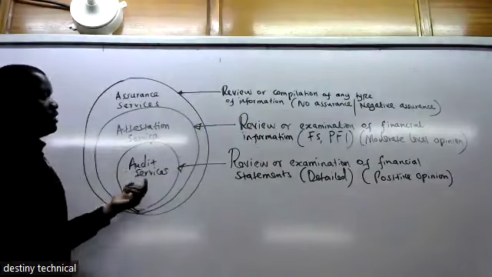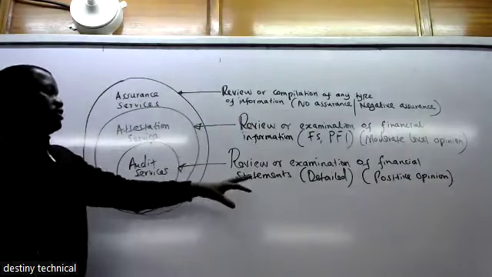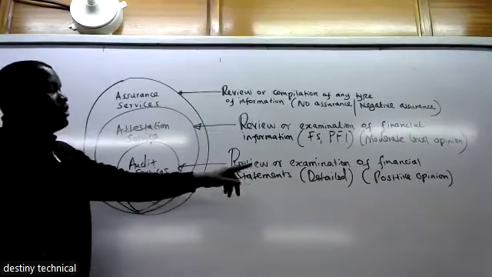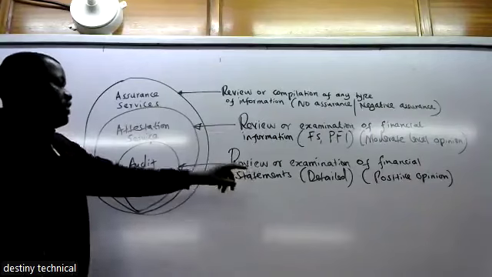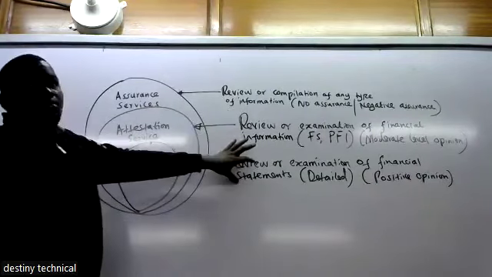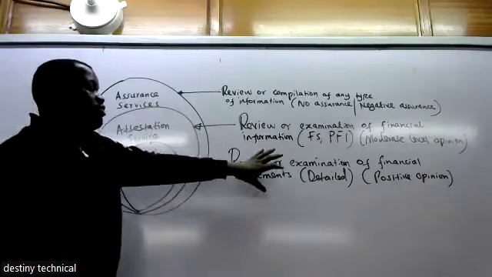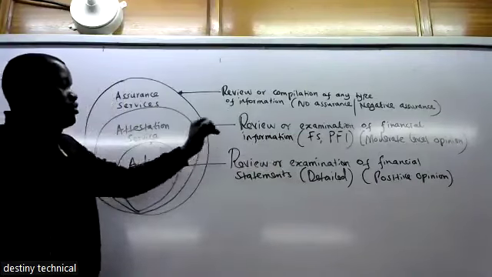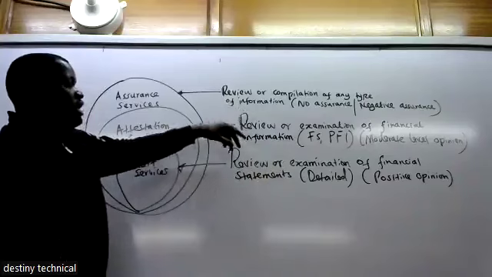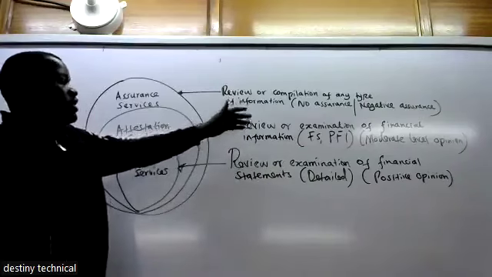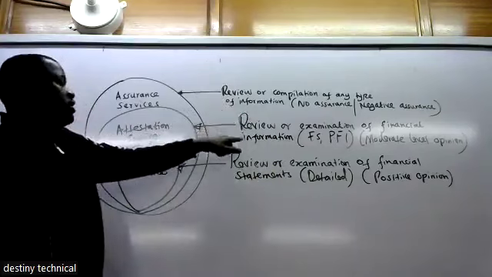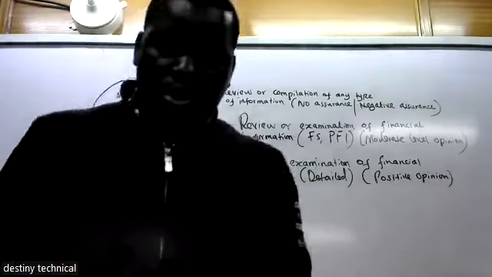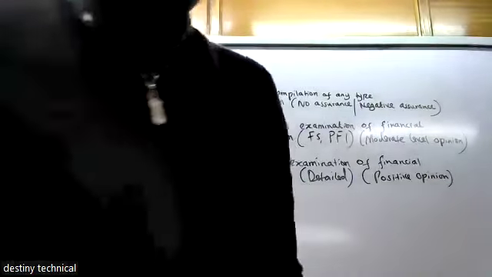Then audit services is doing a review or examination on the financial statements. So the subject matter being examined is the financial statements. The opinion there is a positive opinion. The difference is with regard to the procedures being undertaken. Audit involves more detailed, extensive procedures undertaken by the auditor so that they are able to make that opinion. For the others, there may be lesser procedures like analytical review procedures, and inquiry can be done under attestation services. Let's go to the first subtopic, elements of an assurance engagement.